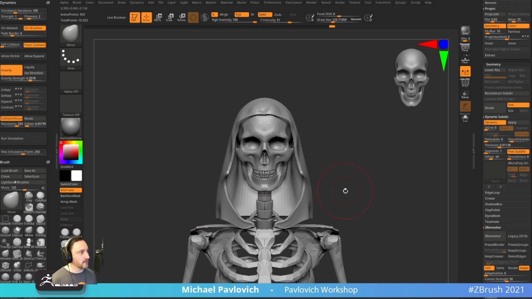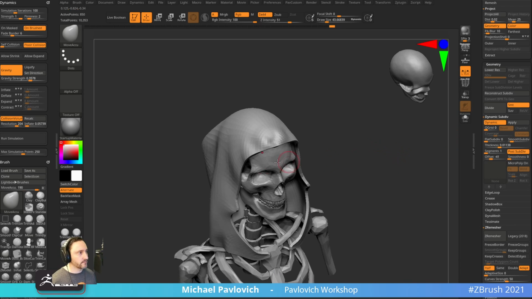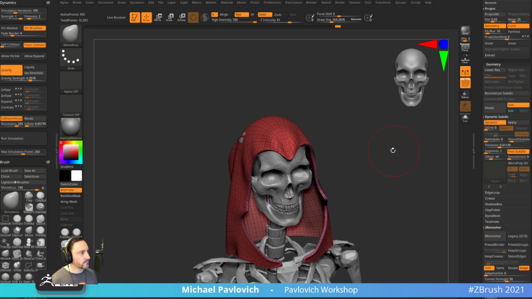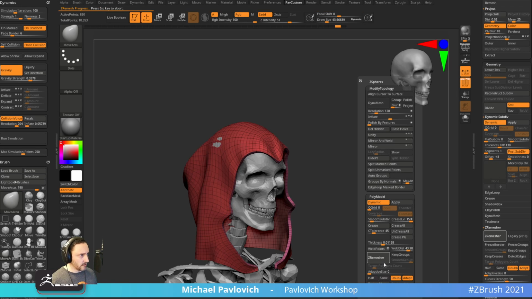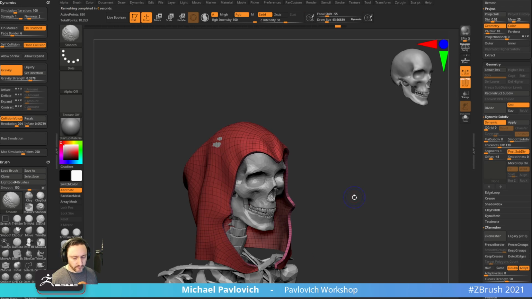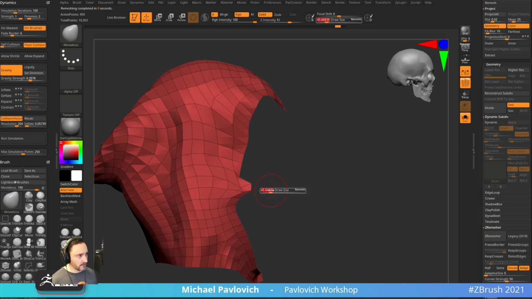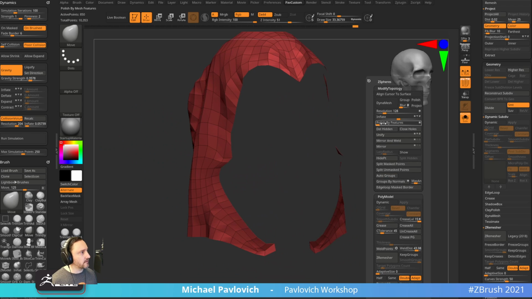So basically what I'm going to do is Shift-E to turn off that. I'm going to say ZRemesher same. Maybe double. Maybe not. Hold on just a second. I'm having ZRemesher woes this morning. Let's help it out. So I'm going to do a quick polish by features, close circle, just to kind of